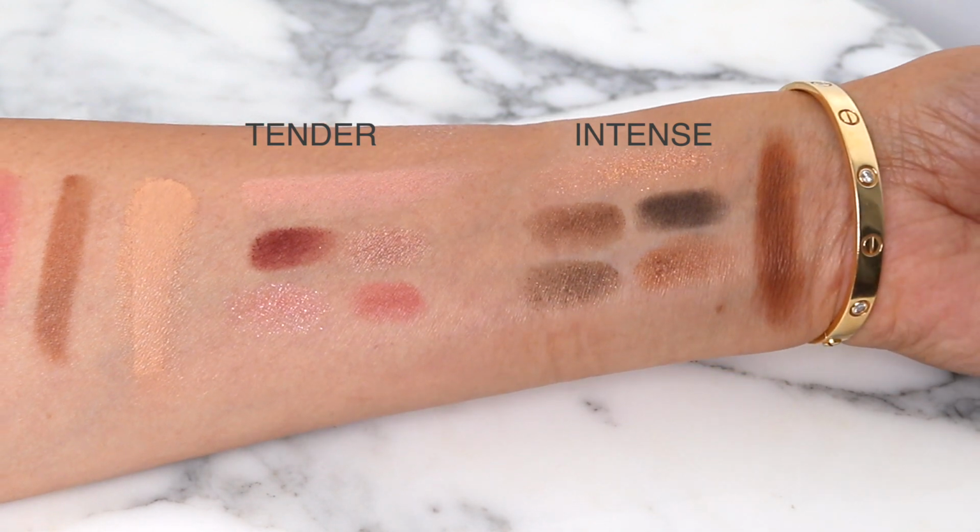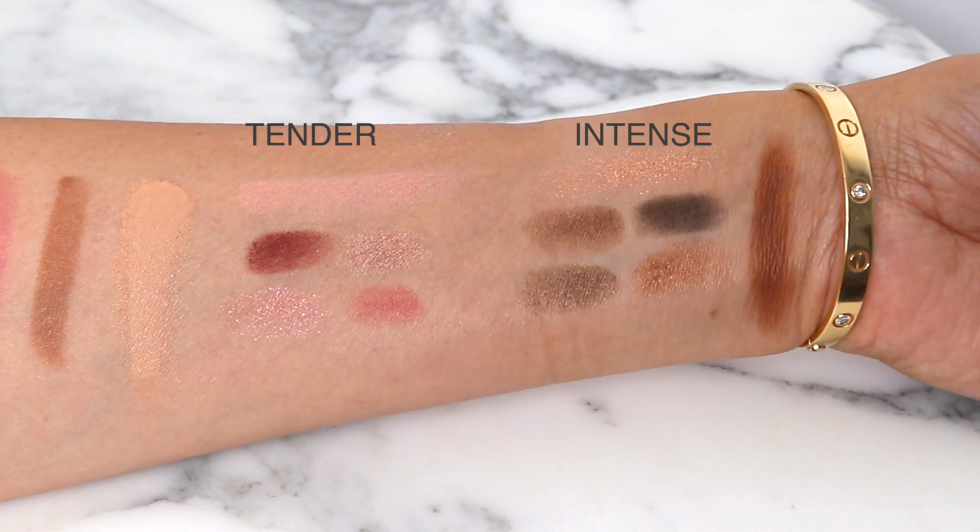But they both performed beautifully. I also picked up this nail color, which I'm wearing now, and I posted it on, not Instagram. Did I post it there? No, I posted it on the community tab. I know there were questions about what it looked like on, and this is